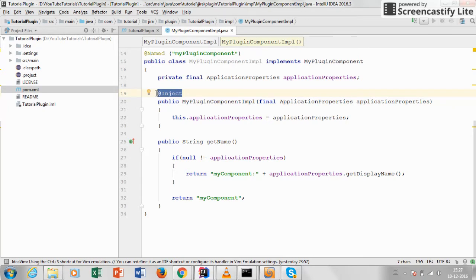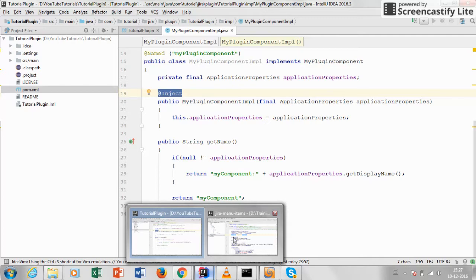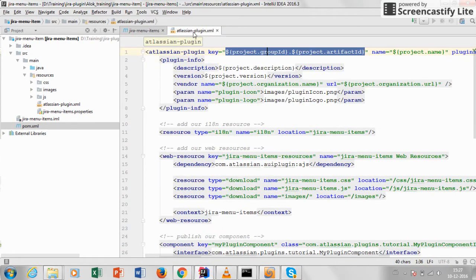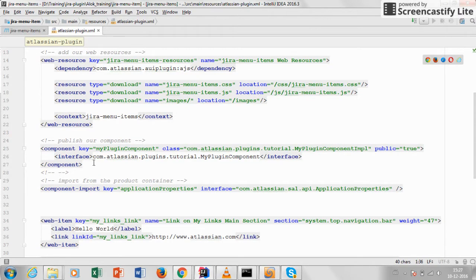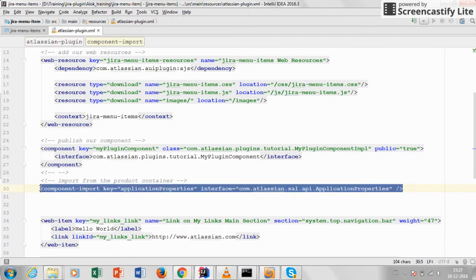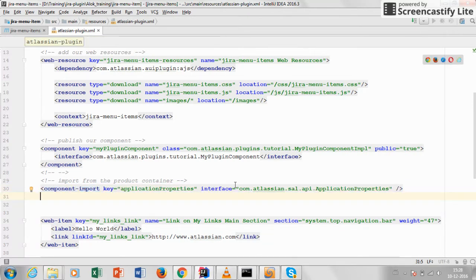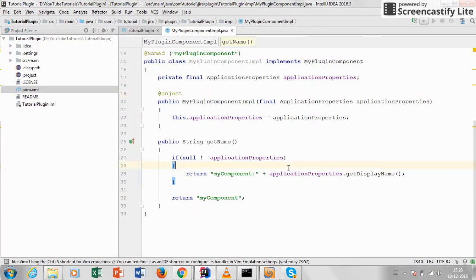Previously we had this structure. We needed component import. Let's say we need application properties; we'll talk about what this application properties actually is. We needed component import to make sure that we have our dependencies inside our plugin. But now, what the scanner will provide you,